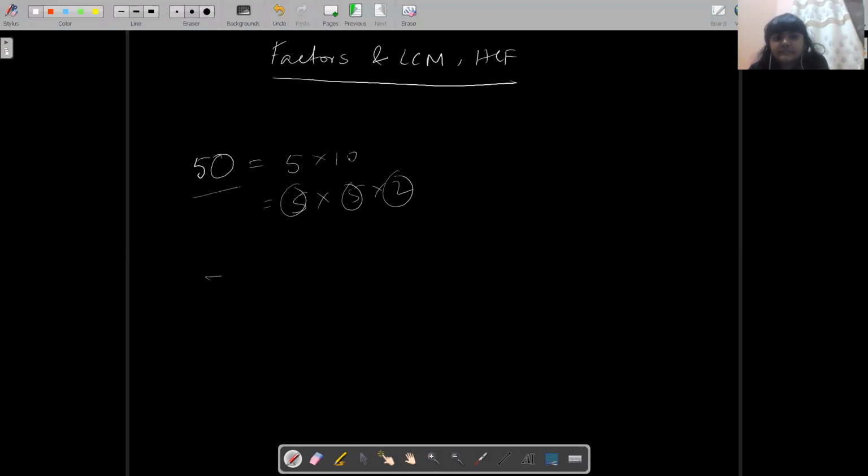Now what are the factors of 75? It can be written as 25 into 3, and again you can write it as 5, 5, 3. These are the factors of this. Now first understand what is LCM and what is HCF. Then we'll come back to 50 and 75, and see how to take LCM and HCF from them. So now, HCF means